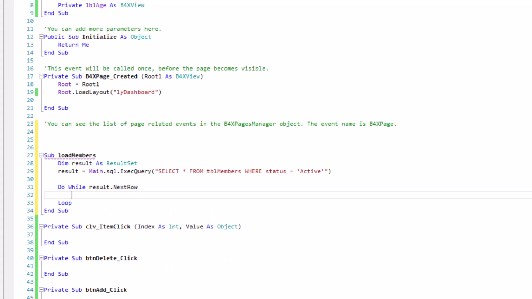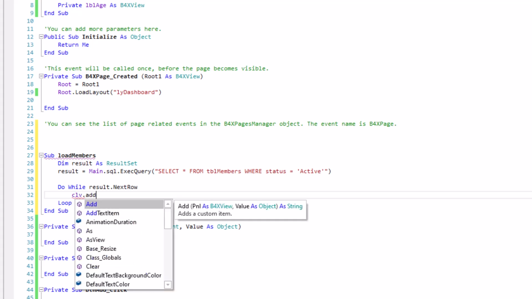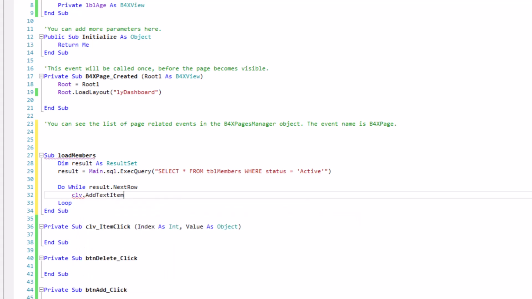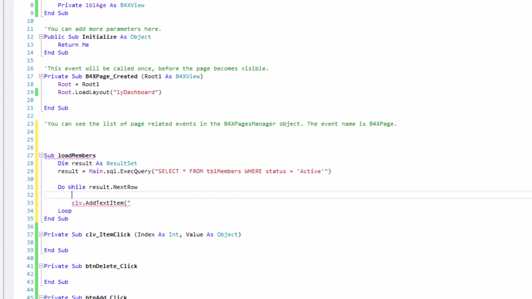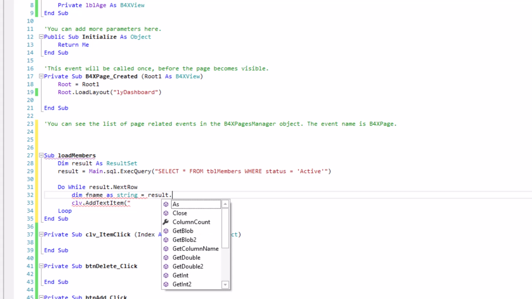So do while results.NextRow. So when we have results, then CustomListView.AddTextItem. So you add the names to the CustomListView. Let me just create a variable, fname as String equals results.GetString.